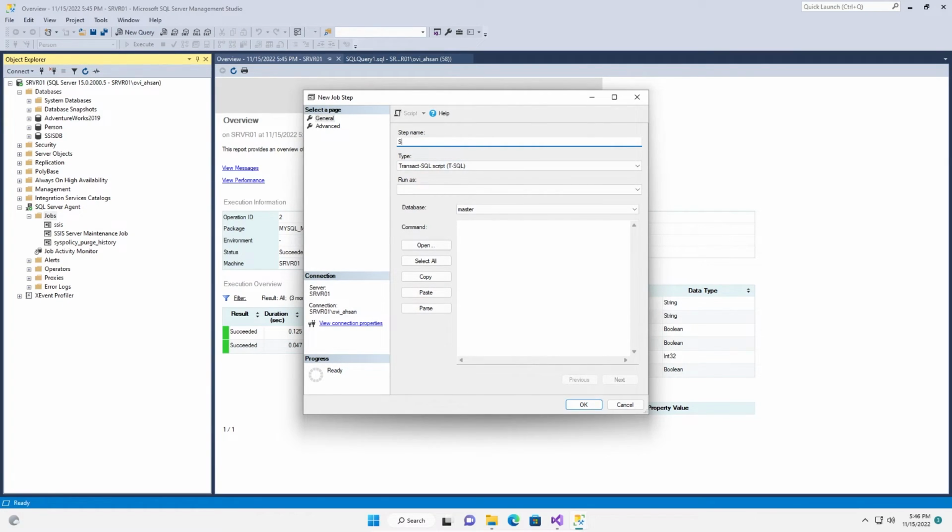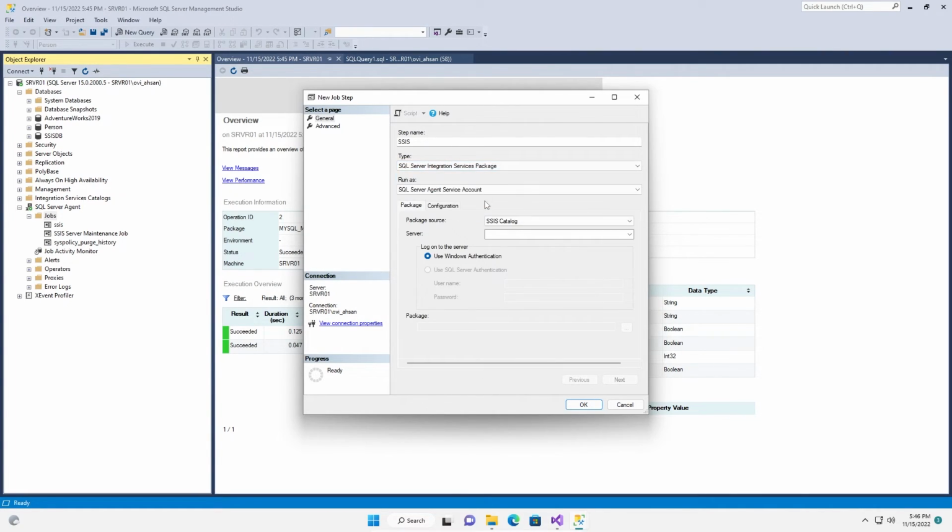You can provide a name for the step, SSIS. You have to choose a different type. By default it's showing Transact-SQL script. Click here, you can see SQL Server Integration Services Package. Click here and SSIS catalog, fine.